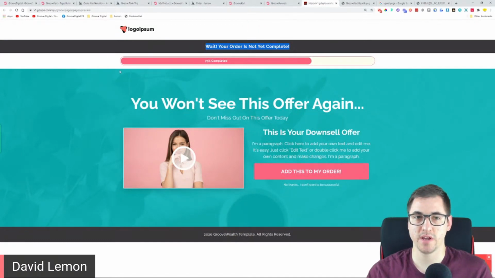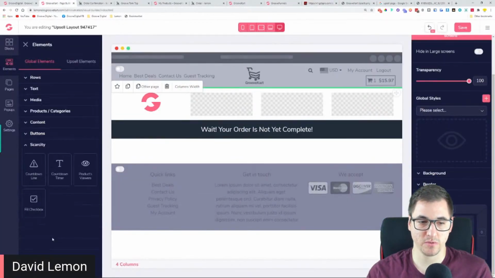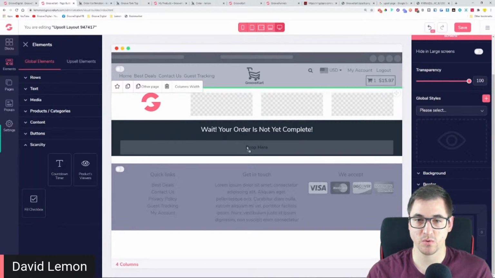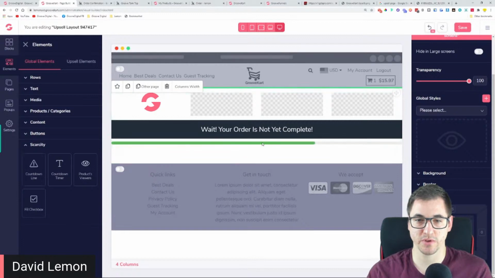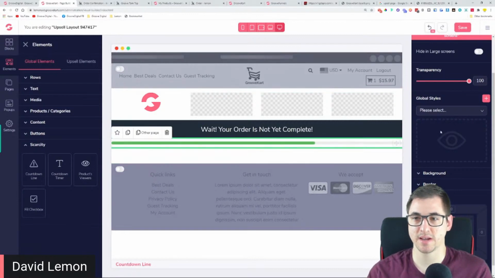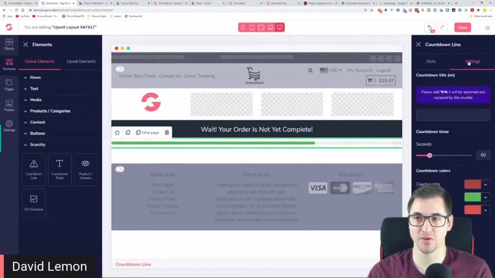Now we want to create something like this. So this is a progress bar, and in GrooveKart at this moment, I'm not quite sure if we have progress bars. So countdown timer, we actually have a countdown line. This could be the thing that we need. So let's just pop it on here. Yeah, there we go. So this is a countdown line that is called, and we can set it up over here. We have the seconds,